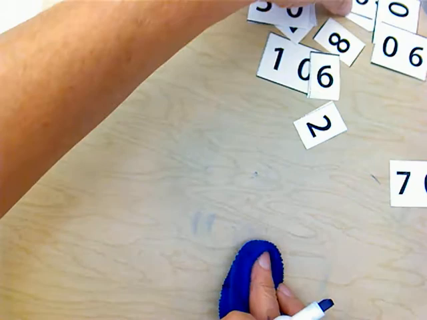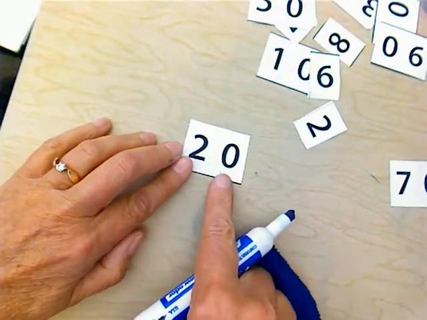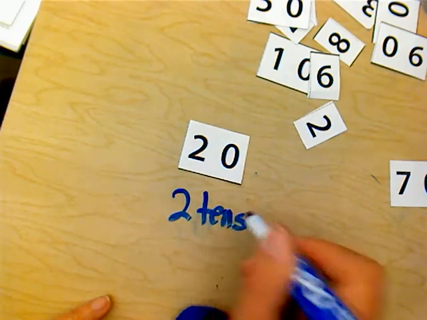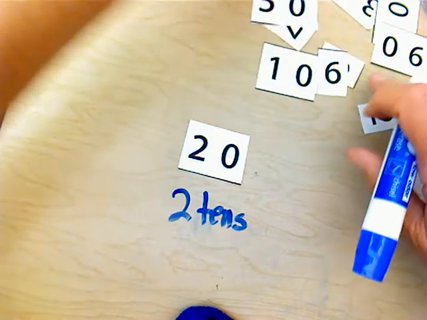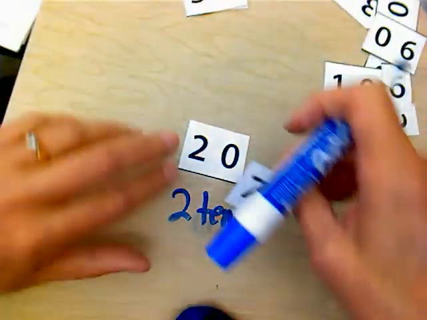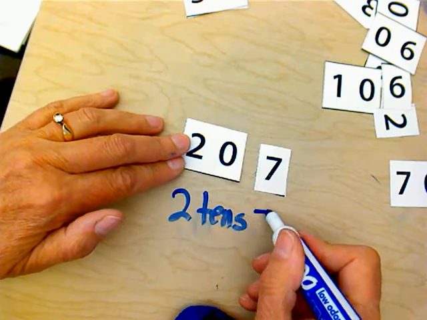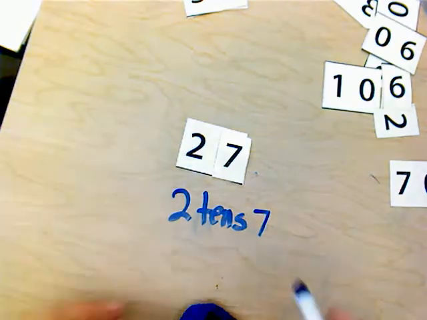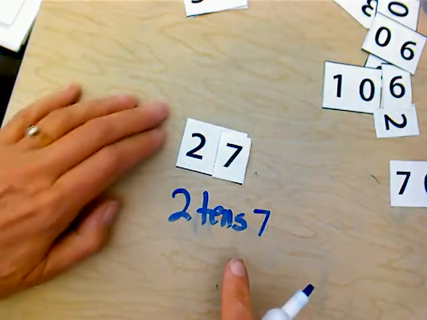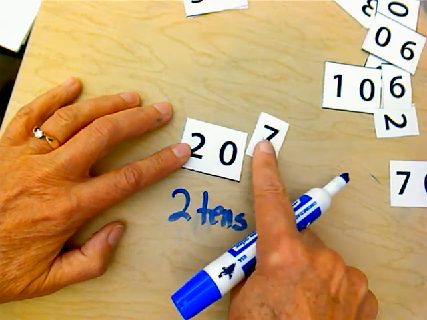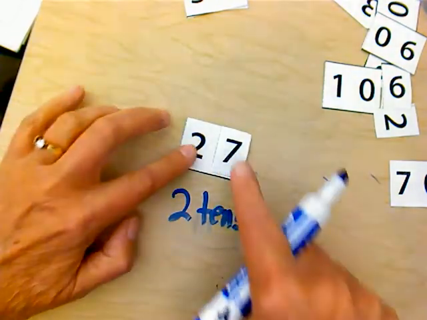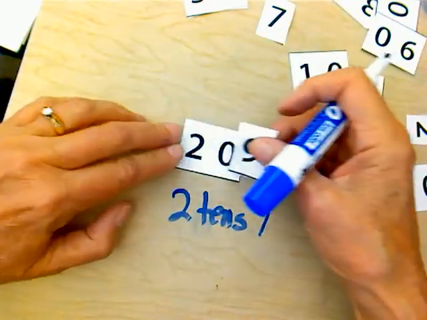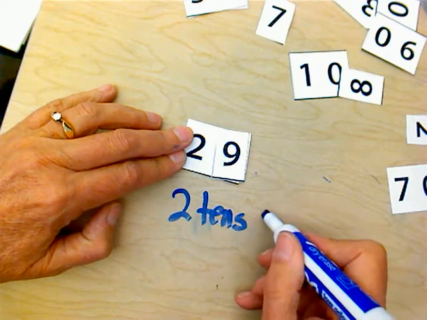Well, let's try it with a 20. What if I had 2 tens? So 2 tens plus 7. 2 tens and 7 would give me 27. What if it was 2 tens and 9? Well, 2 tens and 9 would be